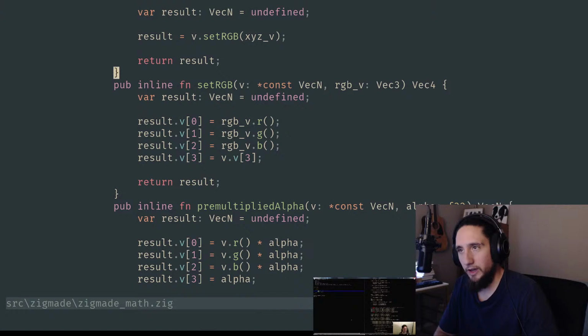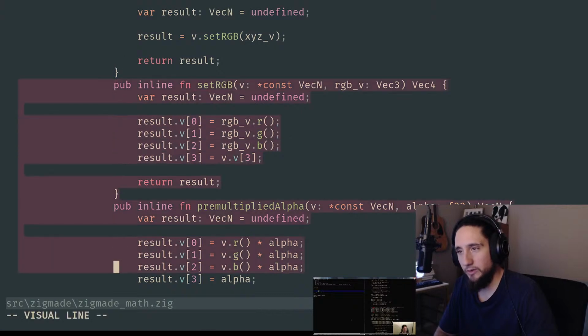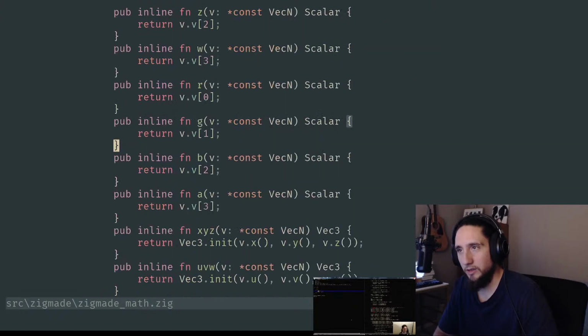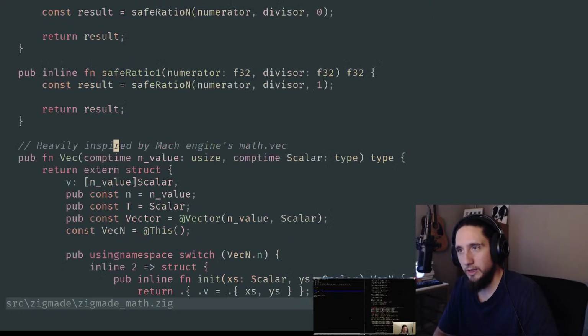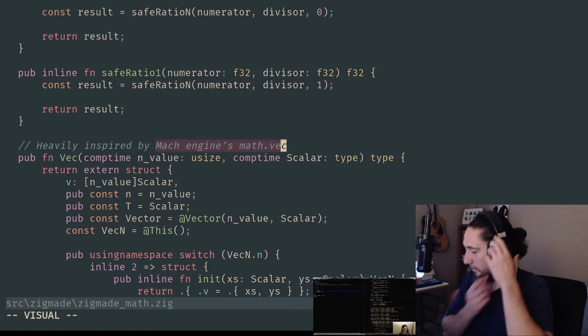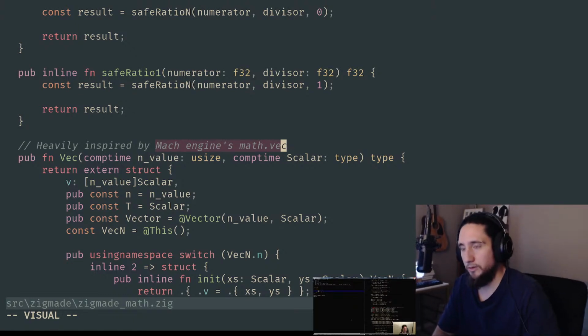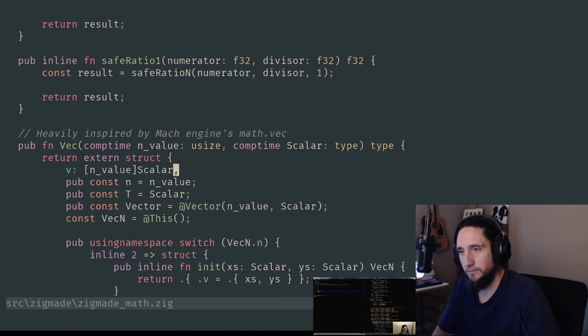And then I also have all these setters too. So I have all these getters and setters, and this was something that I implemented partially by hand. I took a bunch of stuff out of this other code base's math class or math module, I guess you might call it, the Mock engine in Zig, and I did the same thing. I also added my own stuff to it, and I handled a few other things differently. Like I think this is actually just a vector